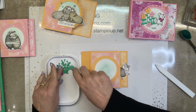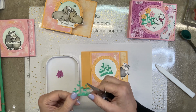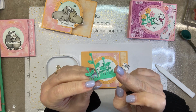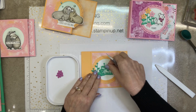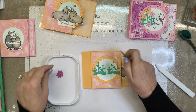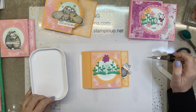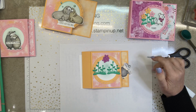Here we go. Look how cute that is. And you should see the detail on here. Can you see the detail in the leaves? It's just so cute. So these are going to go here and here. Then these flowers are going to go on. Okay. And I'm going to do this just like